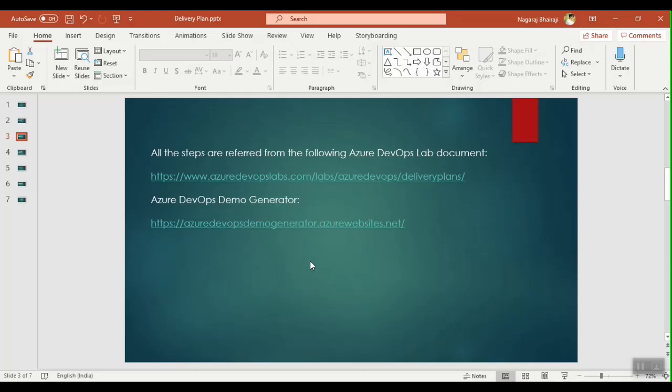So let me show you first these two pages, then we'll get into the task of defining the project, then creating all the teams and iterations and the delivery plan.